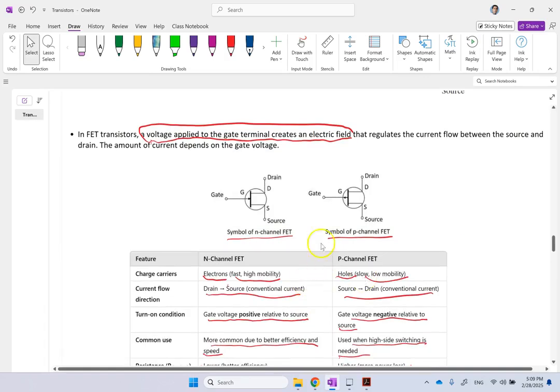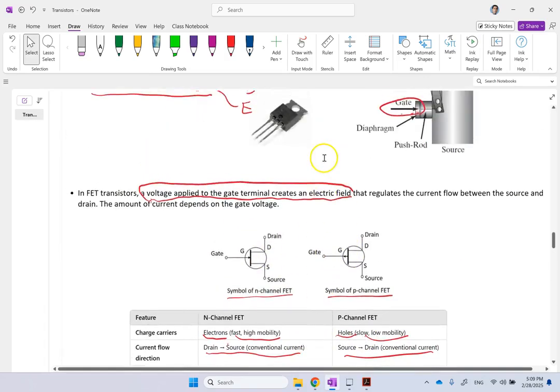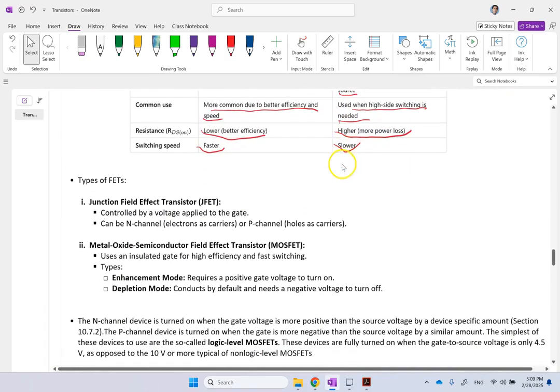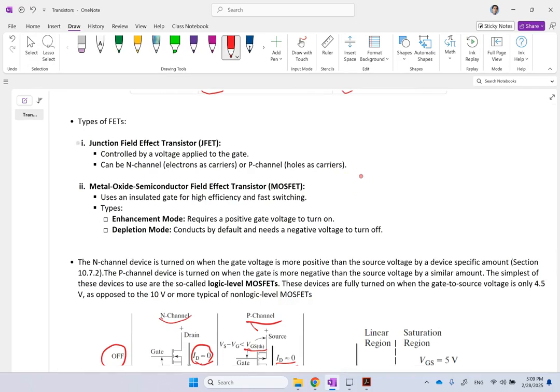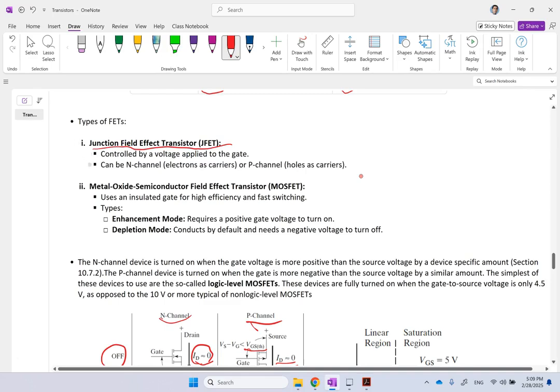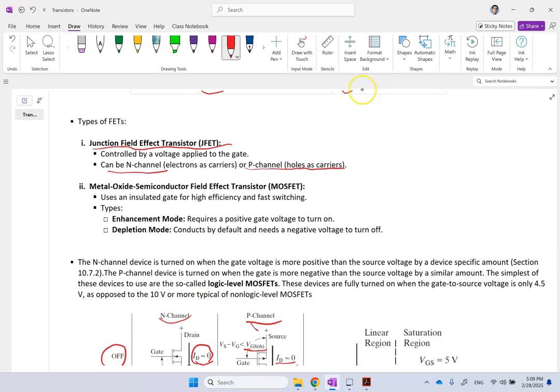So these are two different types of FETs. Now, the FETs in general are in two subcategories. One group, we call them junction field effect transistor, or JFET. This is where you have the two subgroups of N channel and P channel, just what I discussed. There is another group of them which are also very famous, called MOSFETs, and they are called metal oxide semiconductor